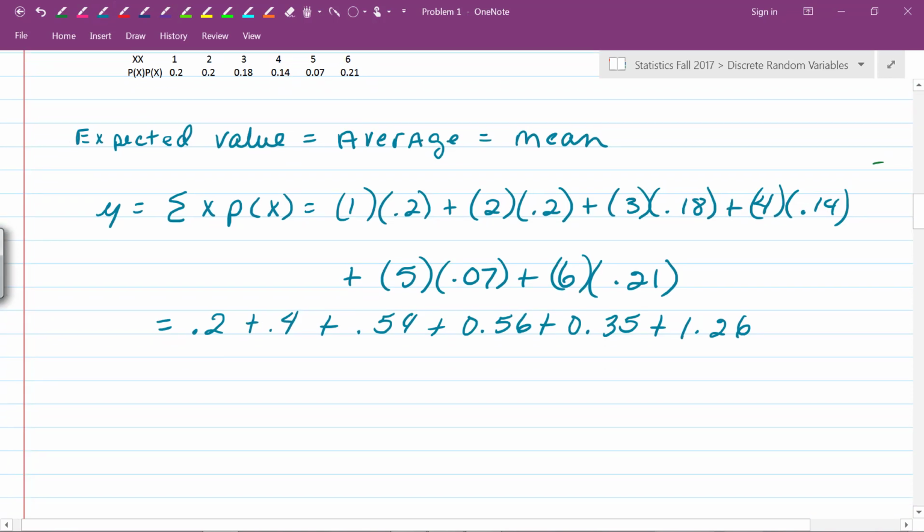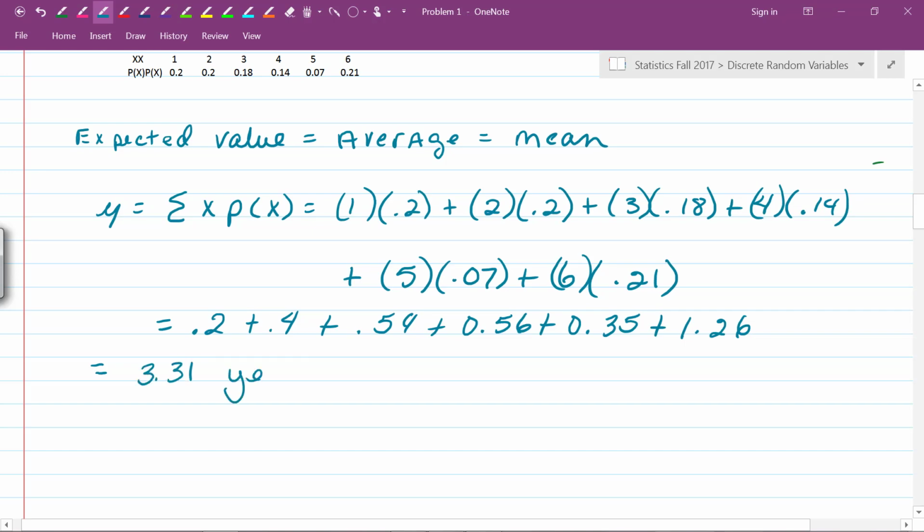That is going to be equal to 0.2 plus 0.4 plus 0.54 plus 0.56 plus 0.3, oops, not 35. Shoot, I've got the calculator. I got to start all over. So that's 0.2 plus 0.4 plus 0.54 plus 0.56 plus 0.35 plus 1.26, and that is equal to